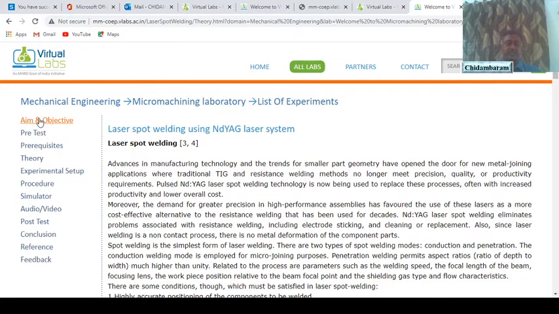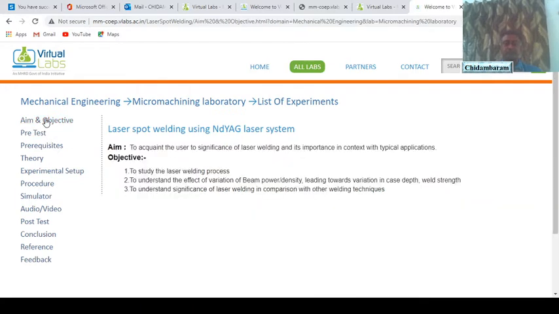So the first thing is, what is the aim and the objective? What is the aim of the experiment? To familiarize the learner with the significance of laser welding and its importance. The objectives are: study the laser welding process, and understand the effect of variation of beam power density on the variation in case depth and weld strength.